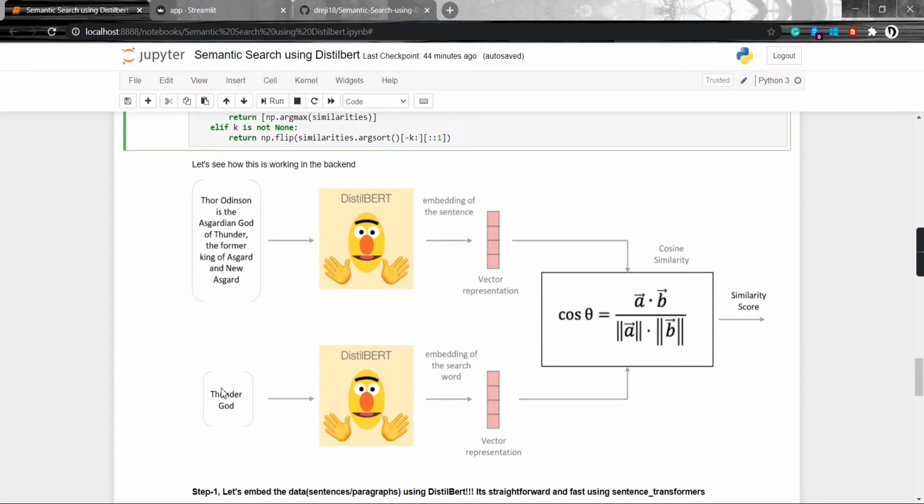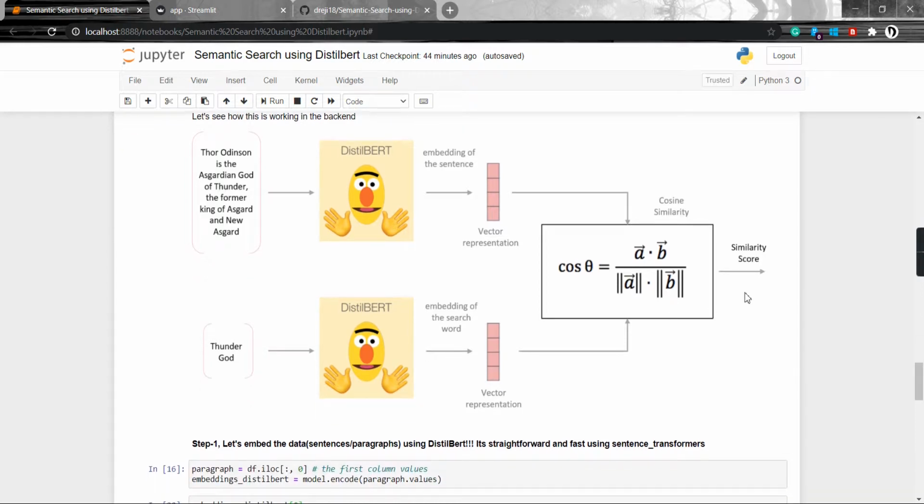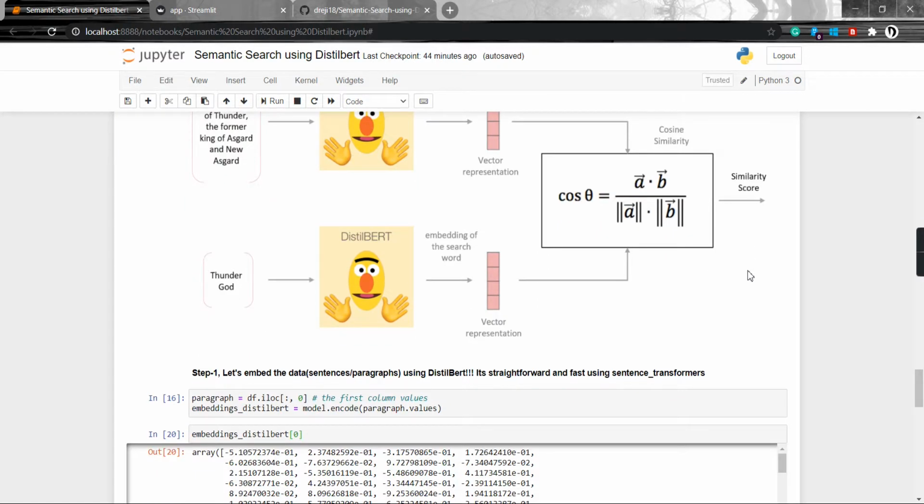Similarly, consider this as your search query, and Distilbert will represent this word as a vector. So we have two vectors, and we need to calculate the cosine similarity. The equation is a dot b divided by modulus of a times modulus of b. Then we have the similarity score. So that's it from the cosine similarity side.